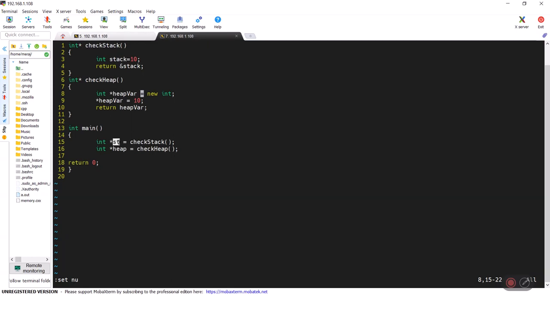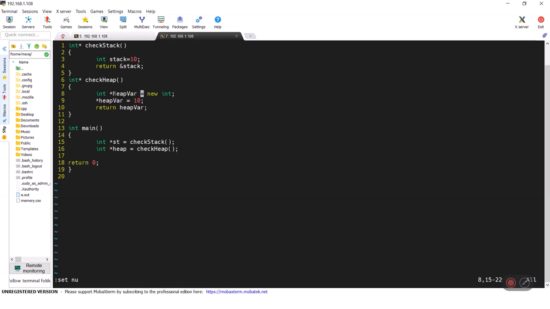Once we return from our stack function, this variable st was pointing to null, because even though we returned the address of this variable, it got destroyed when our function exited and our stack memory was destroyed. But unlike stack, inside the check heap method we allocated memory from the heap using the new operator, and even after returning from check heap, this heap variable was pointing to the same memory.